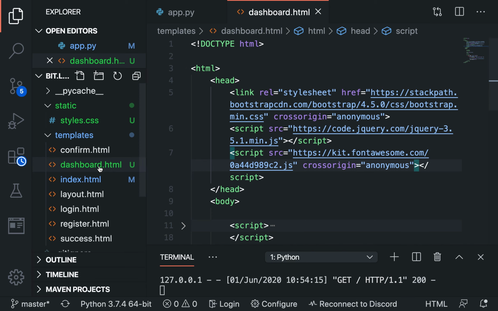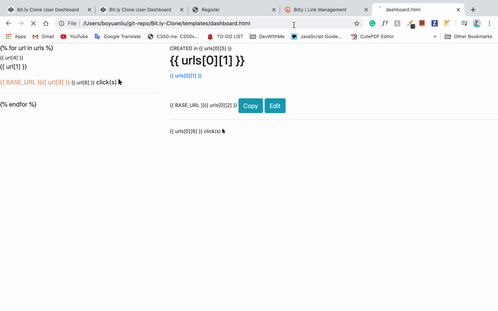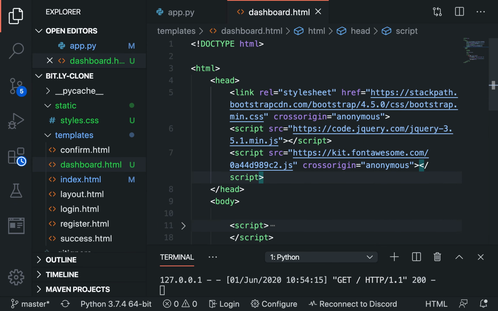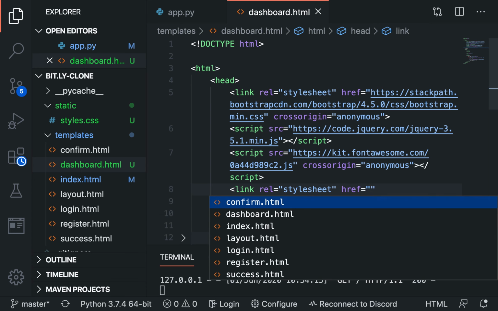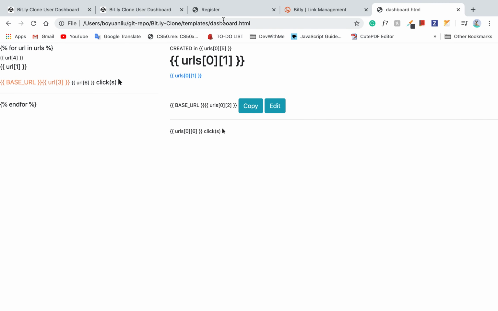Now if we go ahead and refresh this page, you can see it looks a little bit more beautiful. I don't know why this border didn't get created. Oh yeah, I didn't link the CSS. So don't forget to link it. Link rel stylesheet, type, href slash static slash CSS. Okay, now if you try to refresh again,